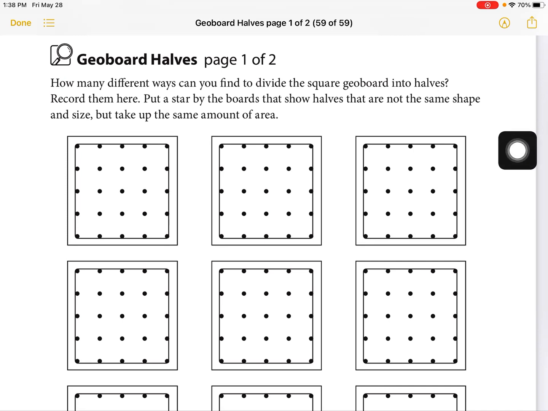So today, our job is to find out how many different ways you can find to divide the square into Geoboard halves. So these are multiple Geoboards, and we're trying to figure out how to put them in halves. And this is to record them here. Put a star by the boards that show halves that are not the same shape and size, but take up the same amount of area. So some of those are going to get a little wonky, but the first thing I wanted to do is